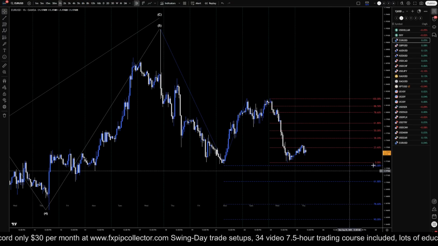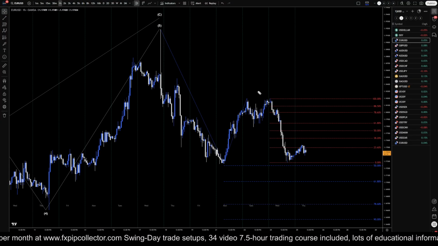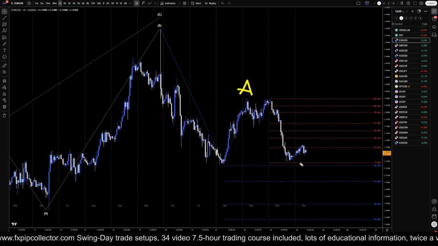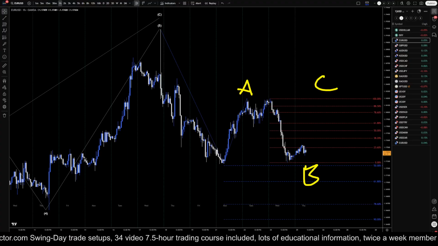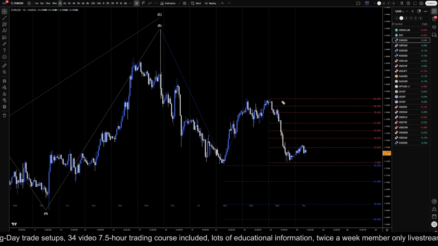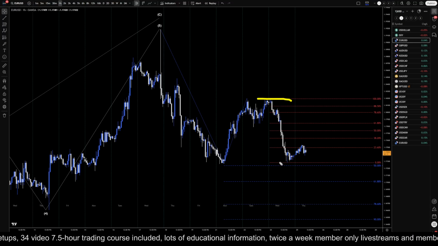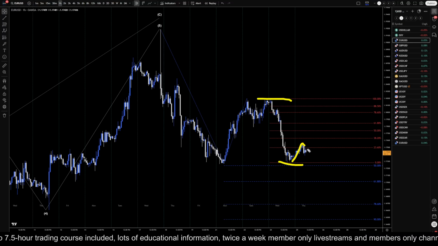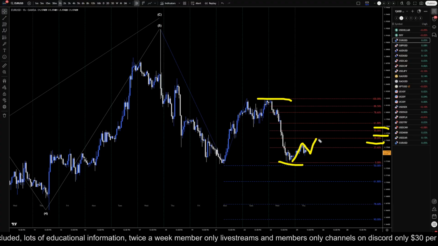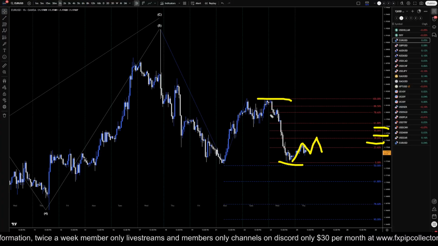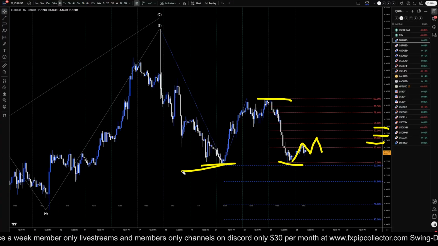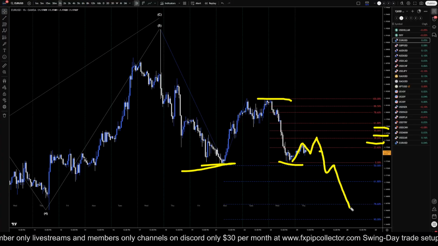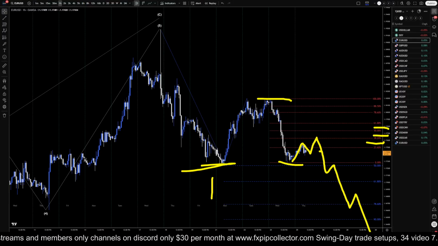So going down to the 1-hour time frame, like I said, it could possibly pop back up to these highs and be some sort of ABC correction, definitely. But for me personally, I would just focus on the shorts. I would be looking at this Fibonacci retracement. If it makes any kind of a three-way pullback to any one of these Fibonacci retracement levels and then engulfing down, that's what I would potentially be looking for to see if this is just a little pullback because it hit support over here and it's just going to end up continuing the downtrend, which I think is more likely